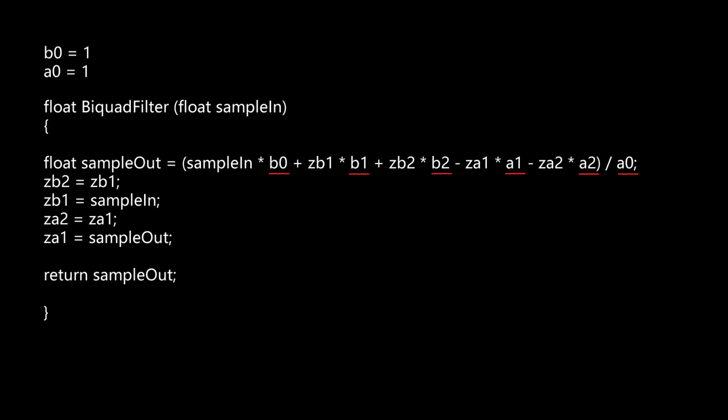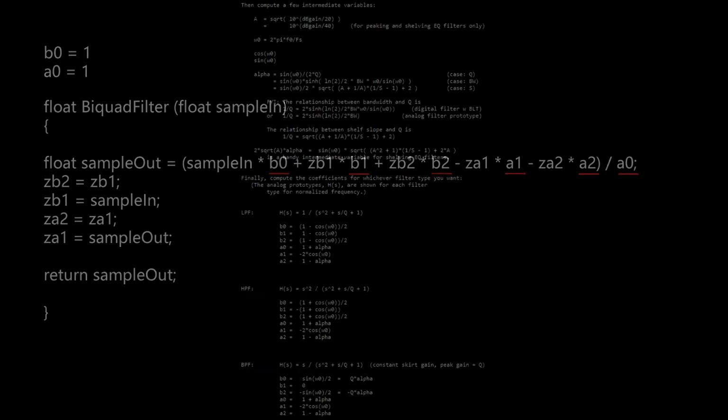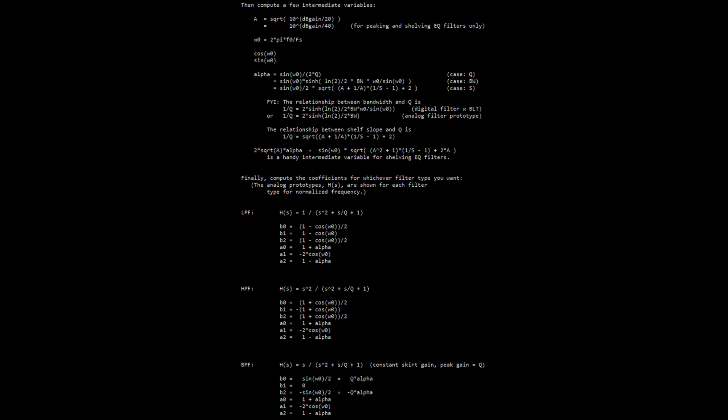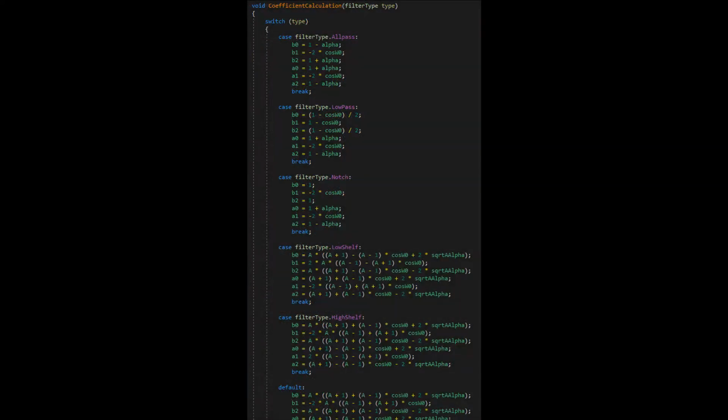B0 and A0 need to start as 1 instead of 0. And their values are all subject to the filter's Q, cutoff frequency, and gain, which I guess are the only three values that we sound designers care about. How we can calculate the six coefficients from these three values can all be found in the TXT doc that I just mentioned. Here I use the switch statement to switch the calculations depending on what type of filter we want it to be. The default is set to be the high shelf filter